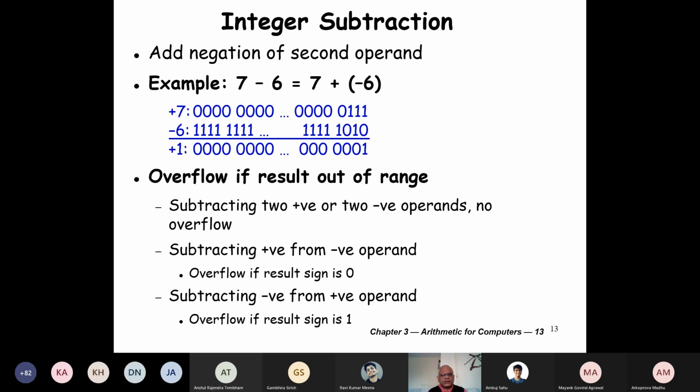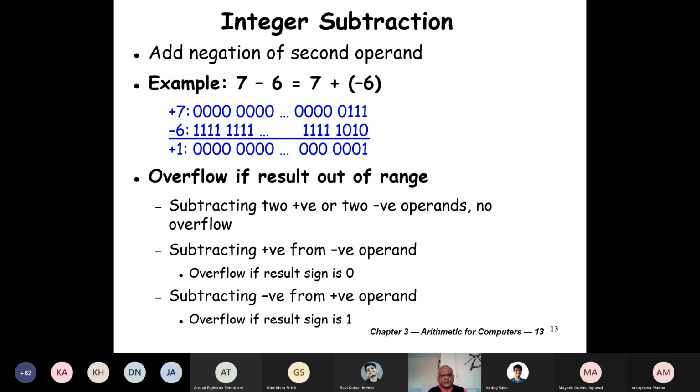Now, since subtraction is also a kind of addition, we can just rewrite the overflow condition for the 2 integer addition. We can say that subtracting 2 positive or 2 negative operands, there will be no overflow.